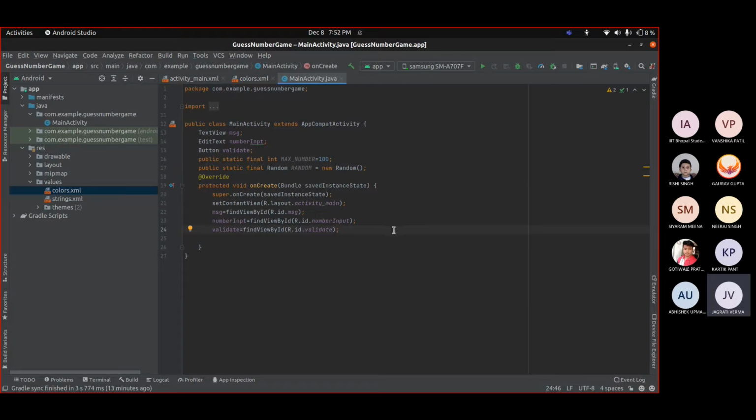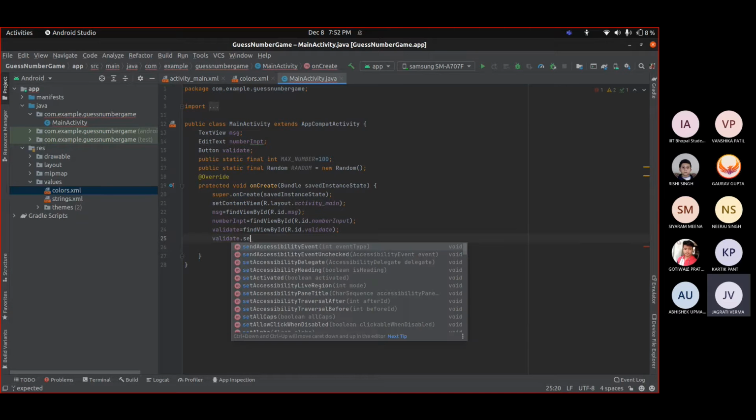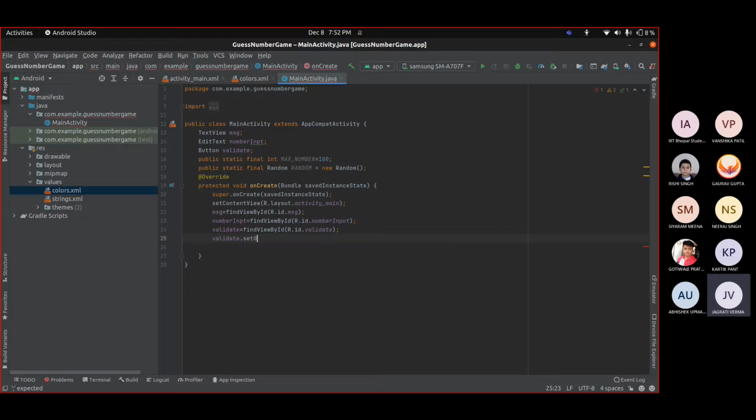So we will listen to everything when a button is clicked. So type here validate dot set on click listener, and inside this I am going to pass this here. Okay, and just type here new game.